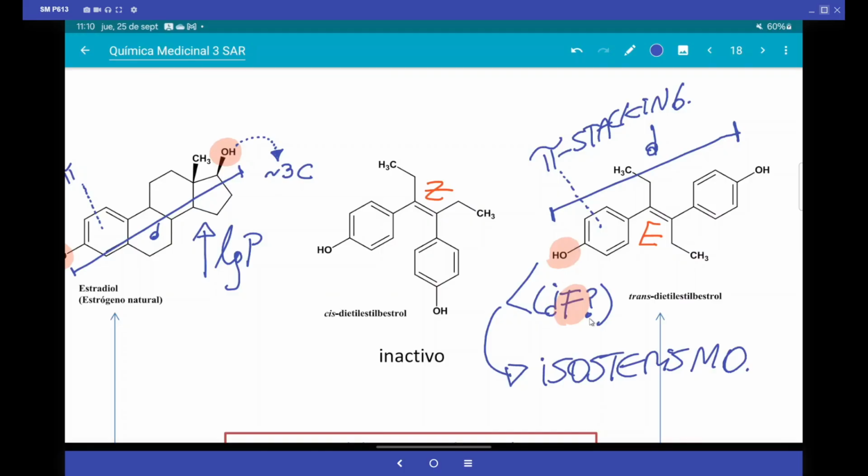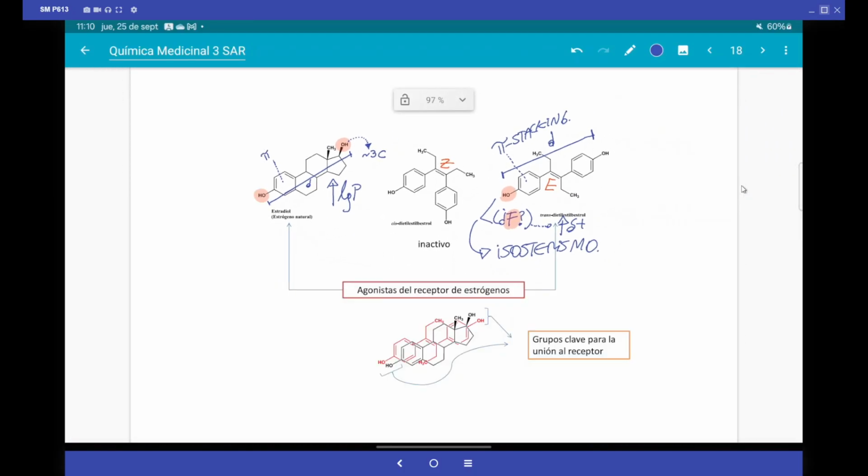Now, the other thing that would change when adding fluor instead of hydroxyl is that the molecule becomes more or less electrophilic, and exactly, it increases the electrophilicity of the compound. The aromatic rings become more electron-deficient. Well then, if now we overlap the two molecules,